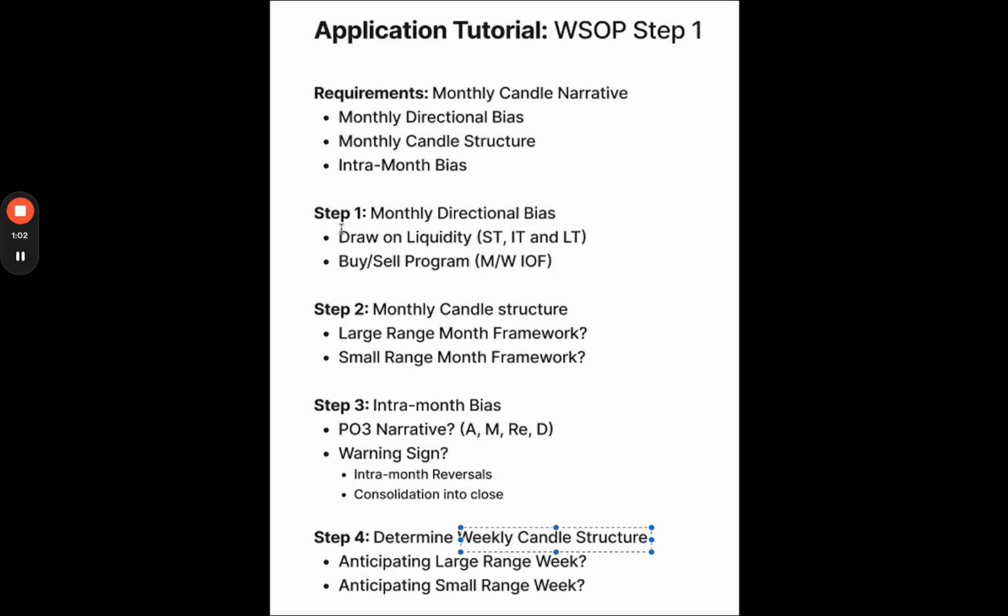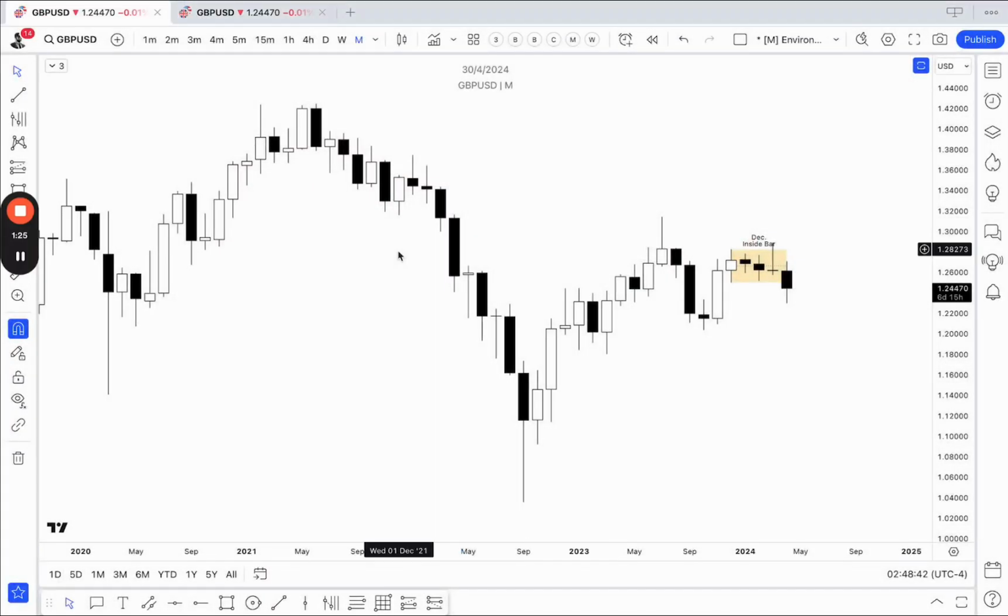So step 1 is the directional bias, and all we need is pretty much a short-term draw on liquidity, an intermediate-term draw on liquidity, and a long-term draw on liquidity, and just identifying institutional order flow and sticking with that. So are we in a buy program? Are we in a sell program? So let's go into the chart. We're going to start here on the monthly